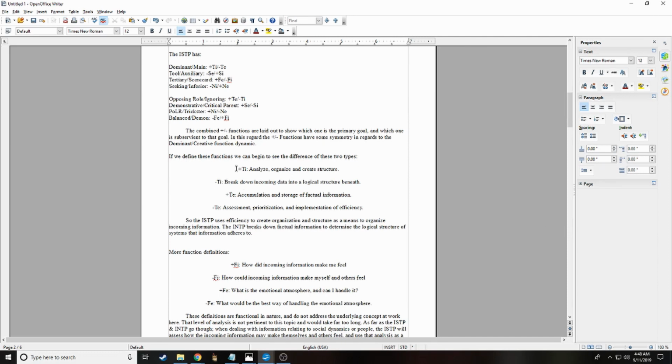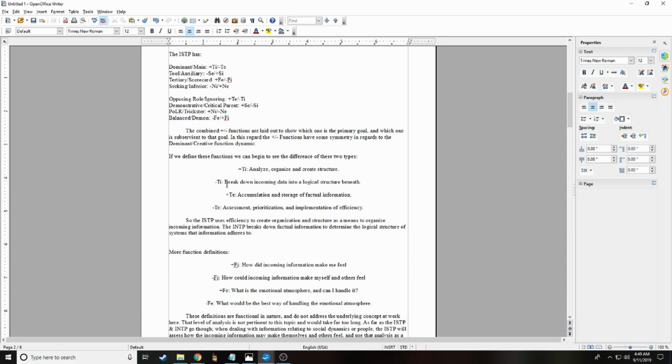So positive TI I define as analyze, organize, and create structure. This pairs up with negative TE, which is assessment, prioritization, and implementation of efficiency. That is the reason why the INTJ, also specifically the ENTJ, which is more apparent in what they do, seem to prefer structure, organization, and efficiency. And they use that efficiency, for the ENTJ, as their main goal to mess around with the